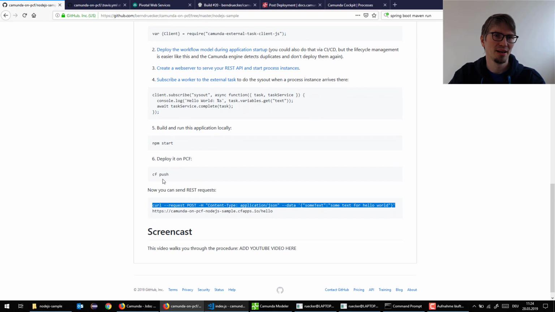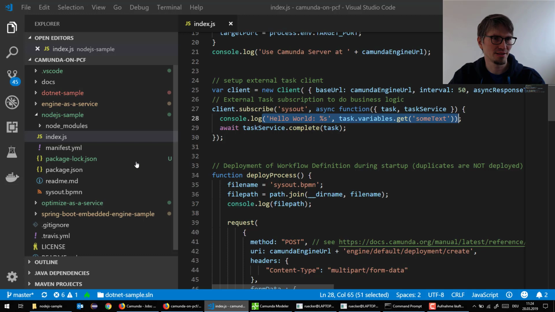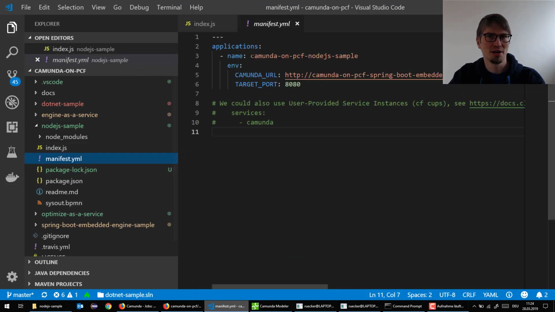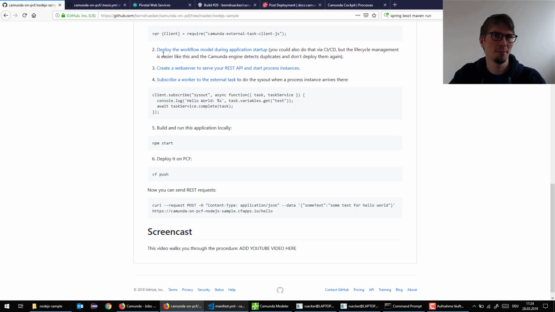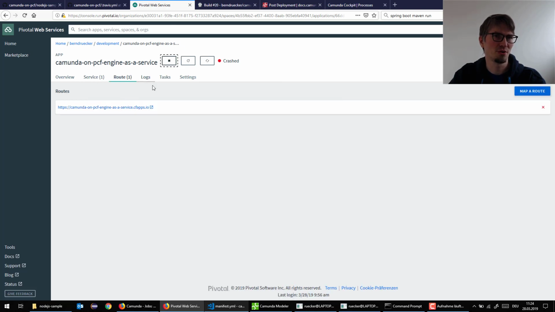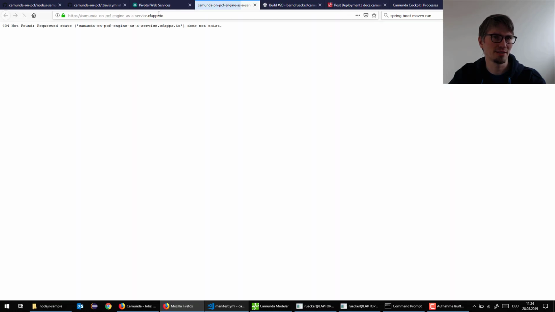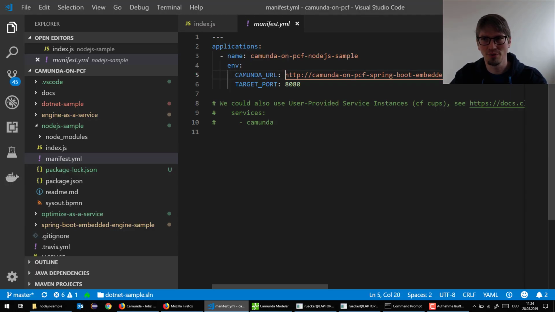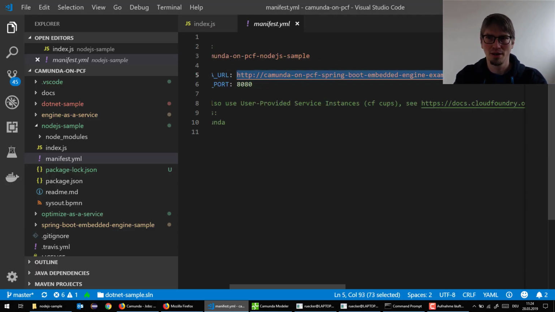So the same thing, it's relatively easy to do. We just have to push it, and there's again a manifest file for that application, but it's again just having the name. There's one important thing here. We're setting an environment variable to point to the right workflow engine, and therefore we have to check the route, pivotal create route. So that's the URL where we can access our application. It's not yet started up, that's why we cannot access it, but that's the URL we need here